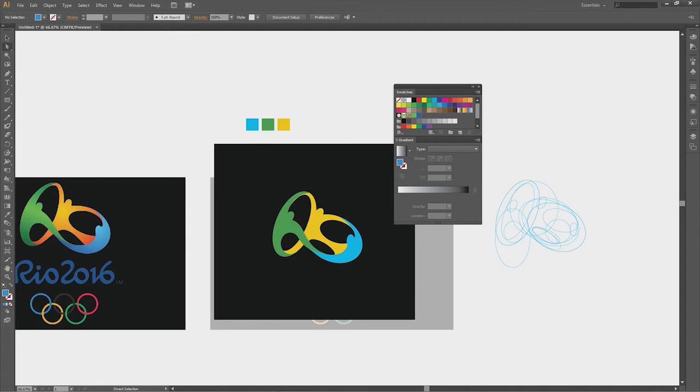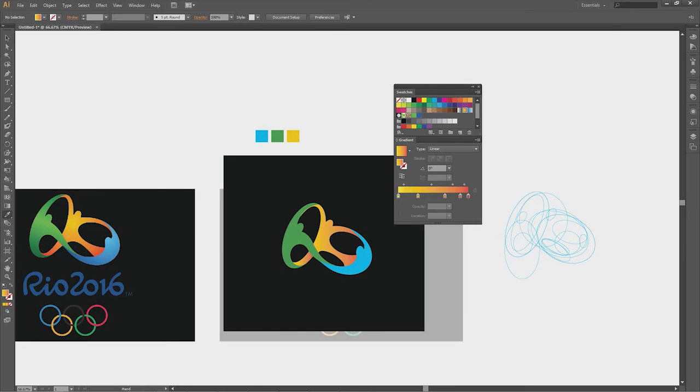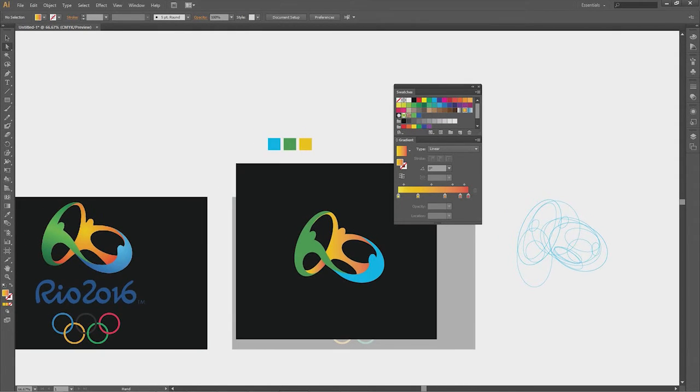Alright, so we're going to use the direct selection tool, select the centerpiece for our yellow, click on the gradient, and wow, it looks almost exactly like the original logo. Alright, I'm just going to select this portion and then use the eyedropper tool, select it, and what has happened is that the direction of the gradient is the opposite of the logo,